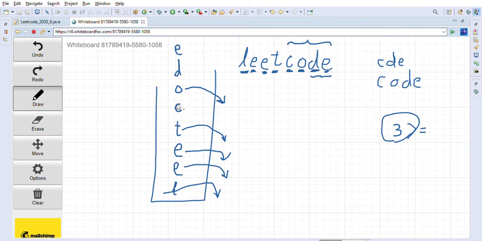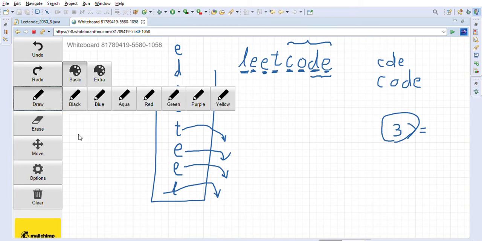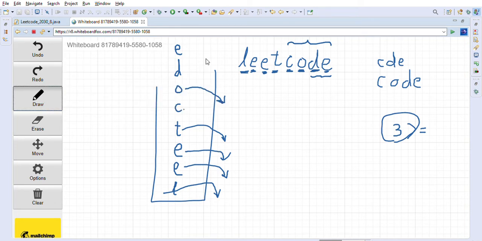So after this whole thing is done, we will take out the characters from the stack, right? So when we take out the characters from the stack, you will get e, then after e you will get d, and then after d you will get c, right?